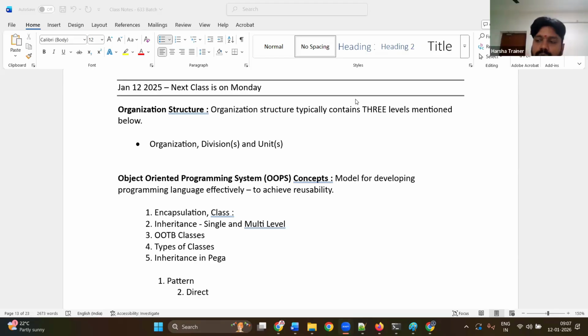Suppose Tata wants to make sales of the auto. Are they going to sell directly at the company? If you go to the Tata Auto manufacturing organization, the top level entity, they will not sell anything. They will tell you to go to the distributors, let's say district wise or state wise. Otherwise, you go to the car distributor of Tata Auto and say, I want to purchase one Tata Auto. They won't sell. They will tell you to go to your city, where you'll find an outlet. That is called unit level.